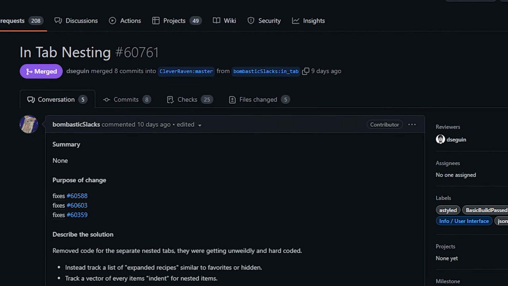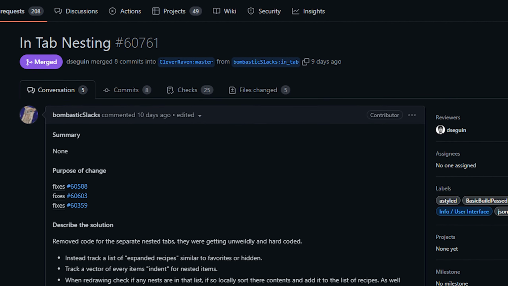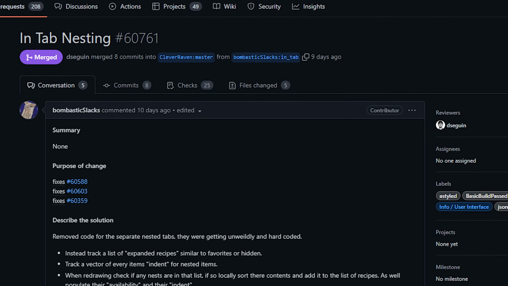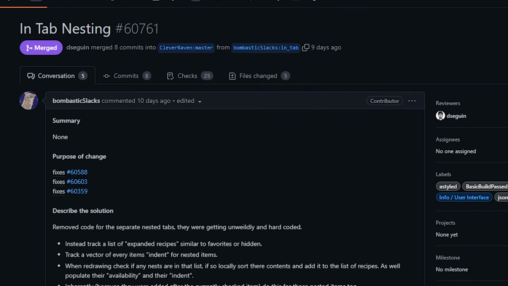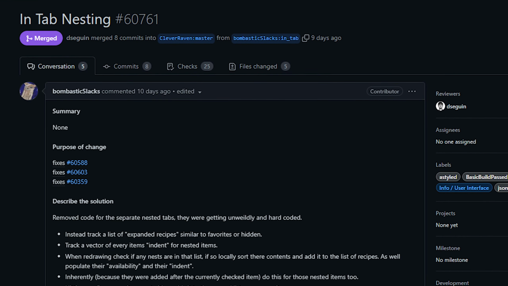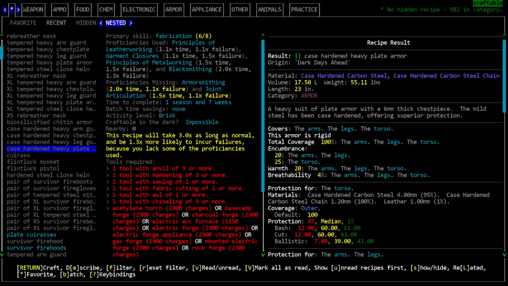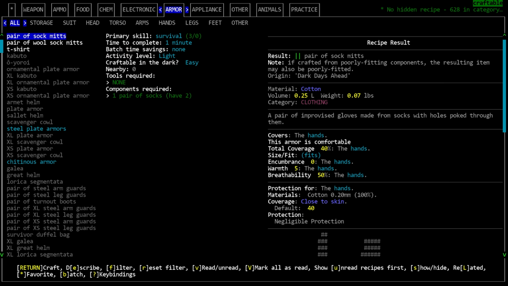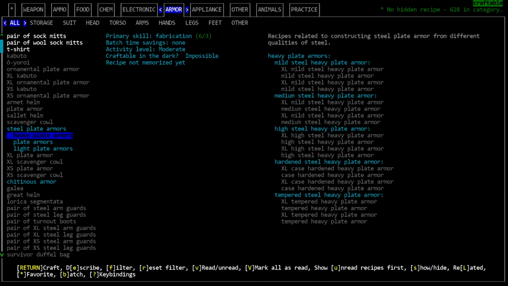Next up is also sort of an update. It is a pretty big change to how nested recipes work, and this is from Bombastic Slacks. We talked previously about how when you select a recipe category with nested recipes, it would then move you to a new heading in the asterisk tab of the crafting menu. This is no longer the case. Recipes are now nested wherever they are listed. So now when you select a category, it will expand and display the contained recipes right there wherever you were